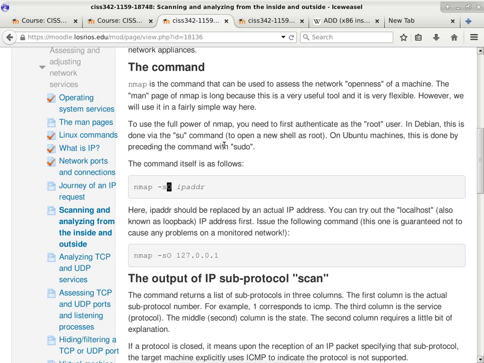Okay, so we are not even talking about TCP or UDP, which themselves are subprotocols of IP. We are talking about ICMP and the other subprotocols of IP. So it will first identify what subprotocols of IP are supported by a particular IP address, or something that it can get a response out of the system.